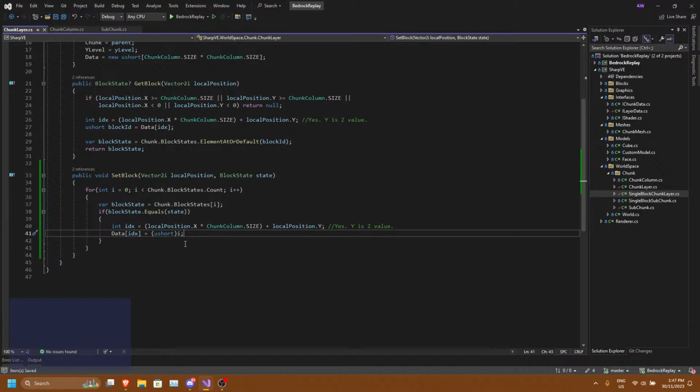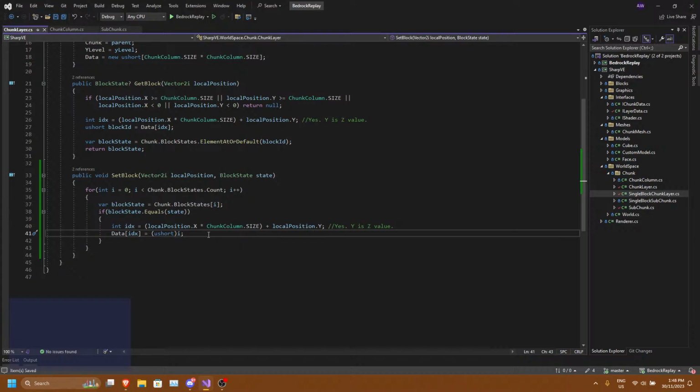So if we set a block, this is basically what it's trying to do here. Var block state is equal to chunk.block states i. So we're getting the block state from the subchunk. Then we're checking if the block state is equal to the state that we're trying to set. And if it is, then we calculate the coordinate for that block, and then we just set the data point for that block.